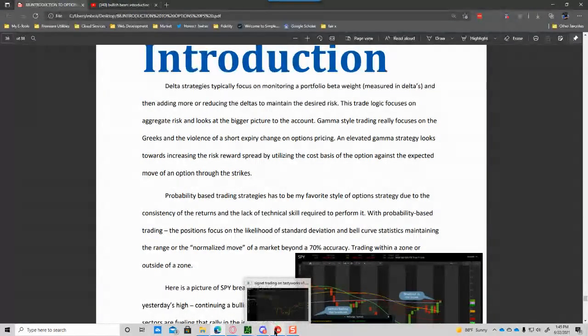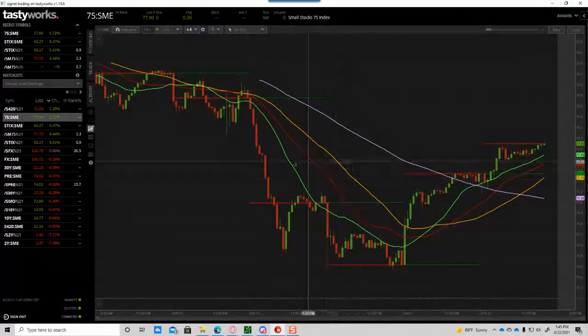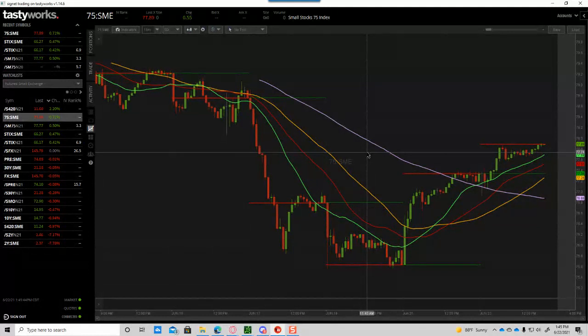If you go to Tastyworks on the web, it will immediately beta away your portfolio for you, which is really nice. You can just go over there and look at it. But you have to be careful of what it's doing because it's literally doing your entire account. And if you've got odd things in there, it's going to read them oddly, right? So you're going to want to go in and turn things off that don't belong or that might not fit